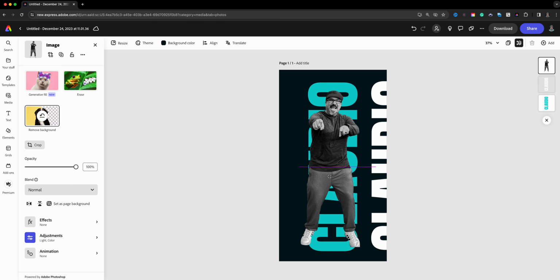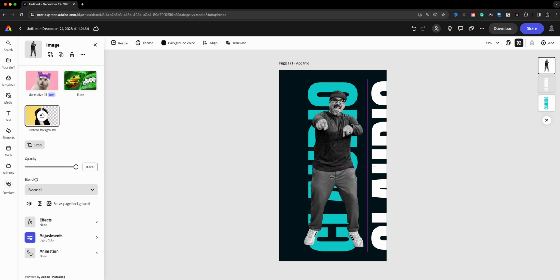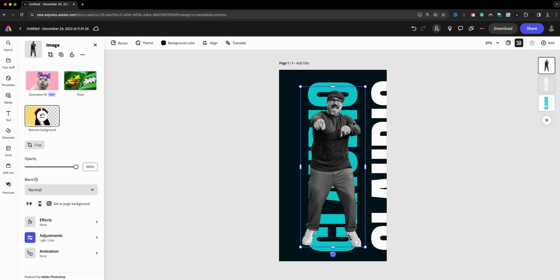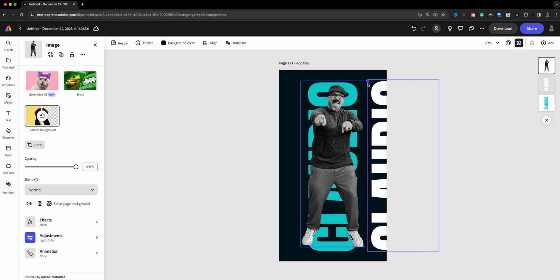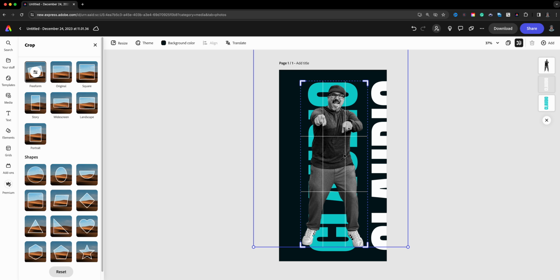And it's okay if the entire image does not fit. Now what we're going to do is, you notice my arm is sticking out here, and I'm actually going to cut off my elbow a bit there, as well as my shoes. So what we'll do here is double click. That brings us the crop option. Make sure you are in freeform, and we're going to crop this until it matches where the name or the